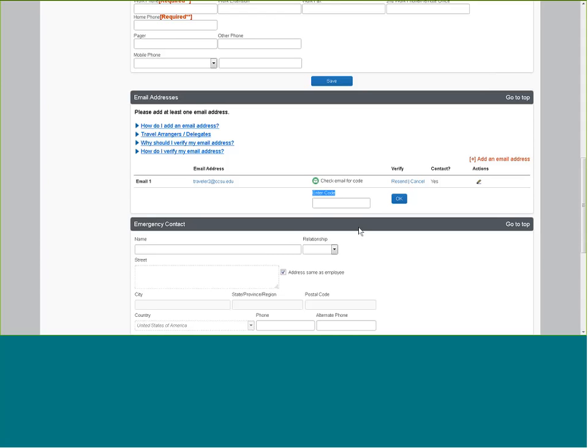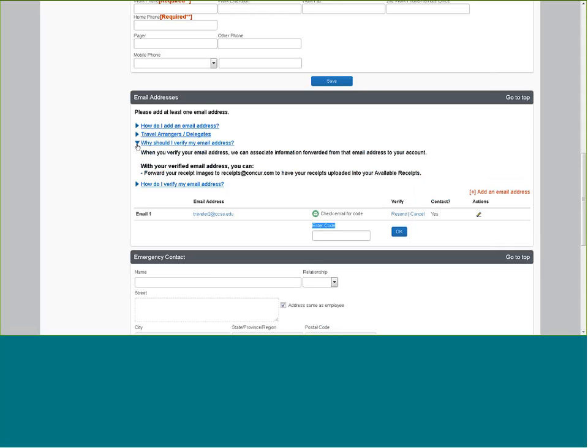Once you've verified your email address, you have now started off the ability for you to be able to email in receipt images. Maybe it's receipt attachments that were scanned images as a JPEG, PDF, or TIFF file, or maybe it's a receipt within the body of an email. You will now be able to forward that email directly to the following email address, receipts@concur.com. Again, you can forward in receipt images that maybe are scanned JPEG, PDF, or TIFF files and send it directly into Concur at